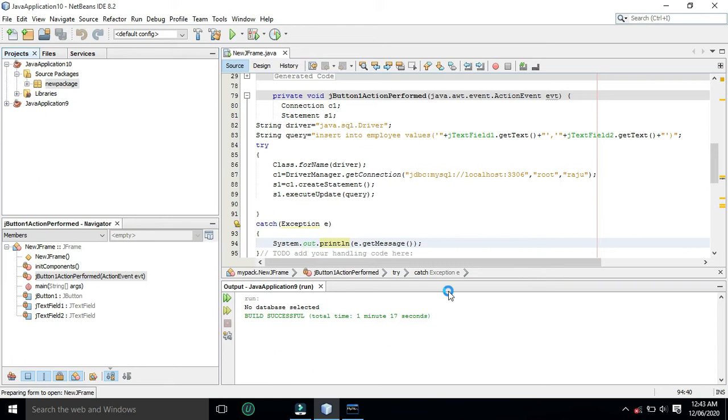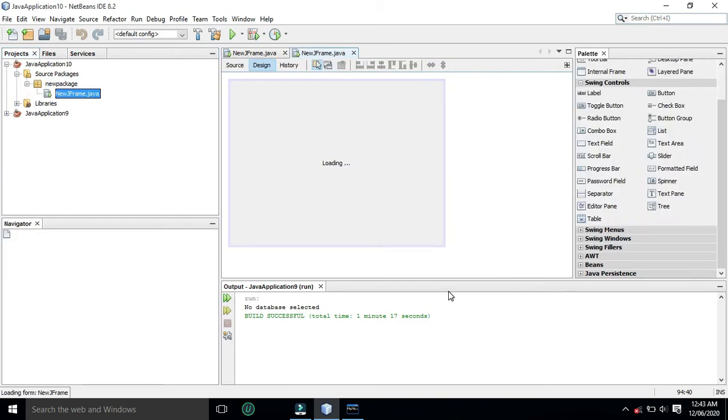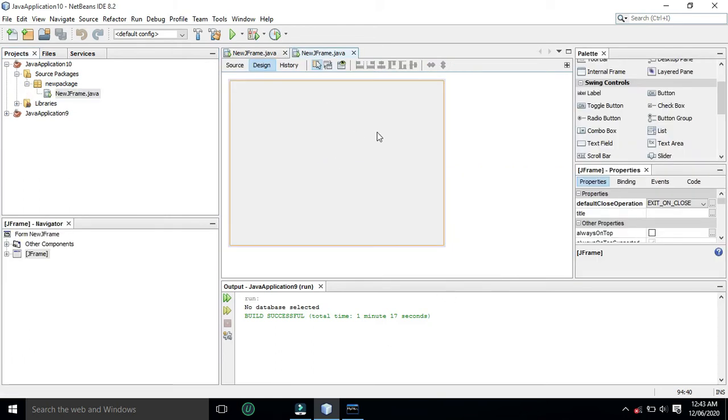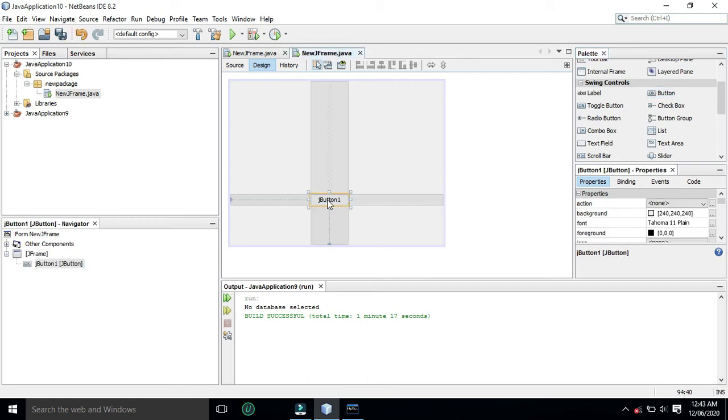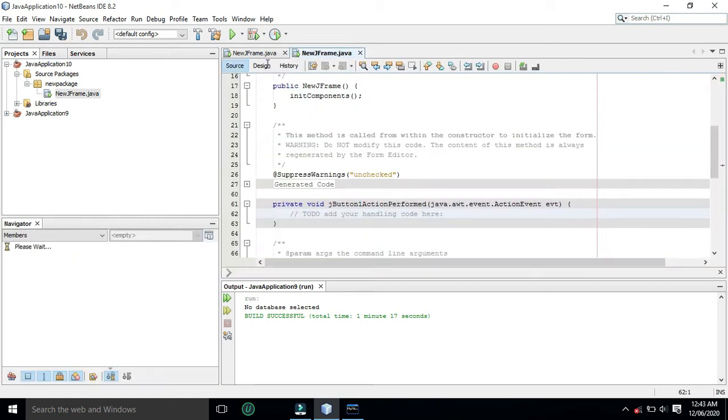Now in this frame you have to drag two controls, two text boxes and one push button. So drag button, push button. Two text boxes.